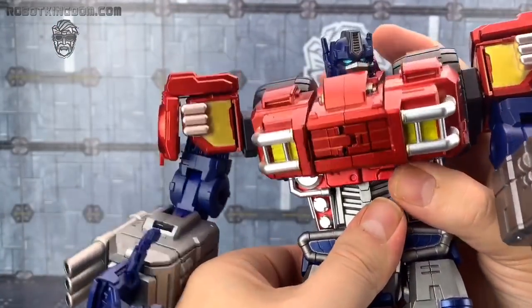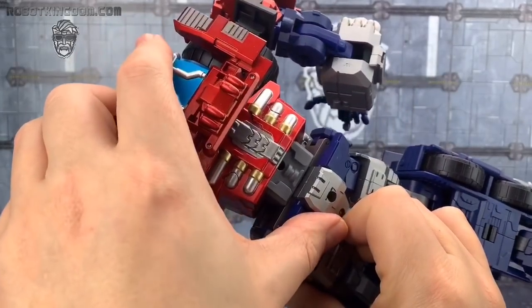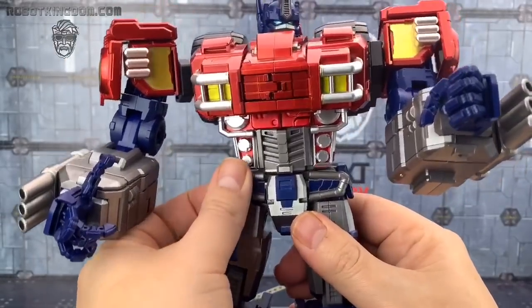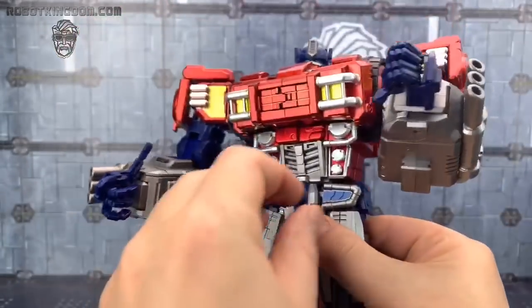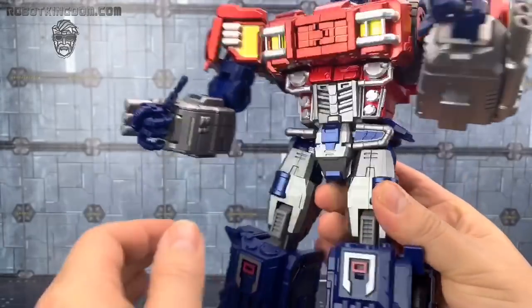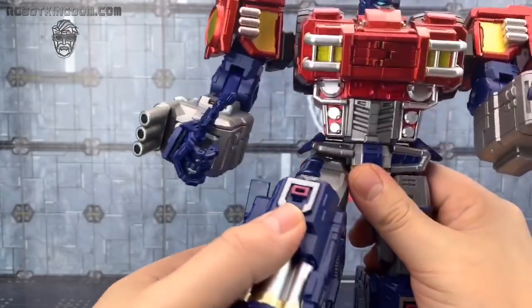Comes all the way forwards. Really nice there. Still a little bit dubious of this chest section hanging. We have hip skirts to the front and to the side, as well as the back, which do allow for some pretty decent range. We've got ratchets forwards,